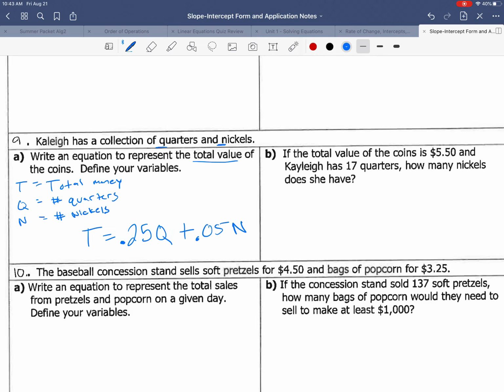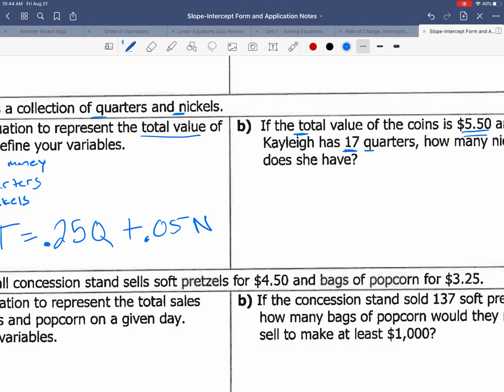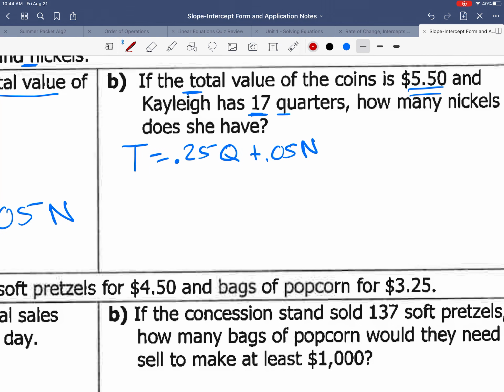Now there's our equation to keep track of the total money those quarters and nickels would be worth. And we want to apply that equation to answer part B, which just says the total value of her coins is worth $5.50. If she has 17 quarters, how many nickels does she have? So we're just going to substitute the 5.50 in for the total value and substitute the 17 in for the Q for quarters. Then we'll solve for the N. So I've got my equation, T equals 0.25Q plus 0.05N. All right, and we just want to substitute our numbers. 5.50 will get plugged in for T